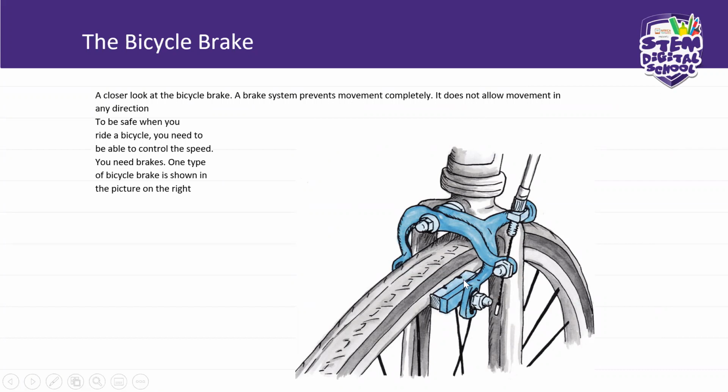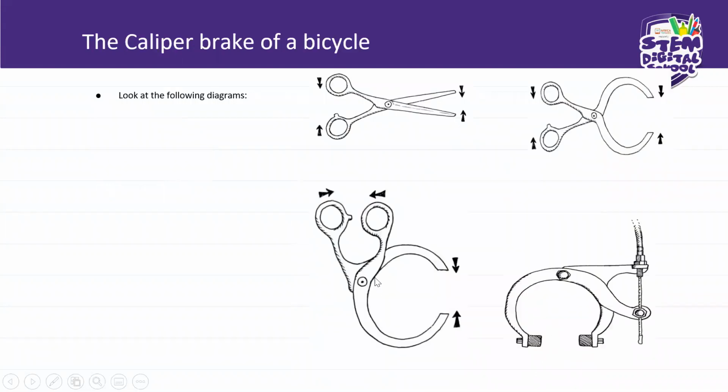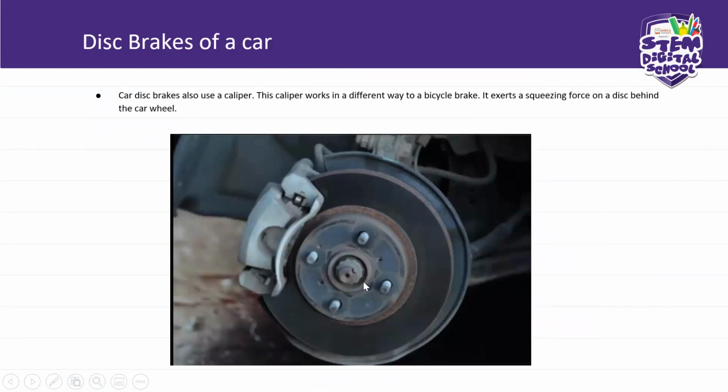So one has to ensure that all these fittings are tied together. Those screws are neatly tied together for the braking system to operate efficiently. Okay. Now, because you understood the braking system of a bicycle, let us look at the disc brakes